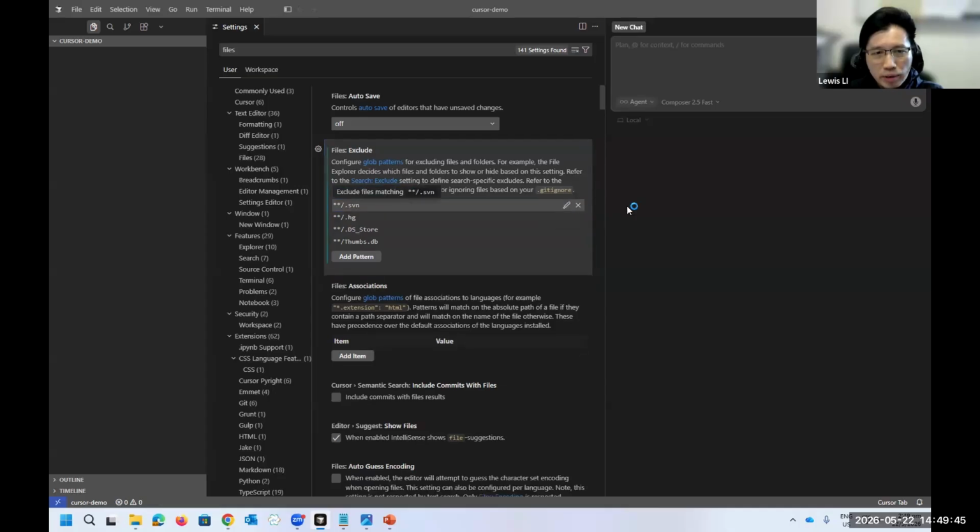Right now I'm in the cursor demos folder and I have nothing here because I haven't created any files yet. Later on you will see some files created under this demo folder. But the first thing I want to do in the settings is remove this rule so that all the .git files will be shown here. I will tell you why I need to do so later on.